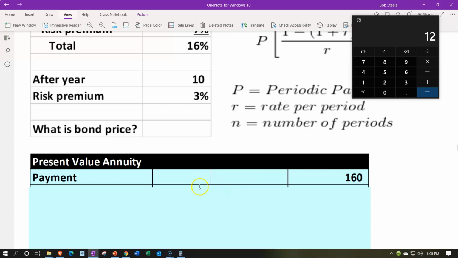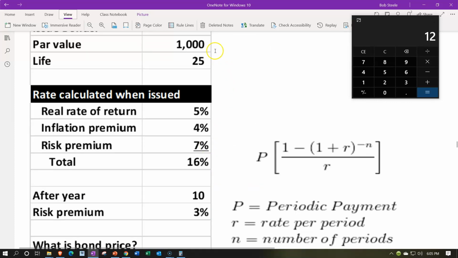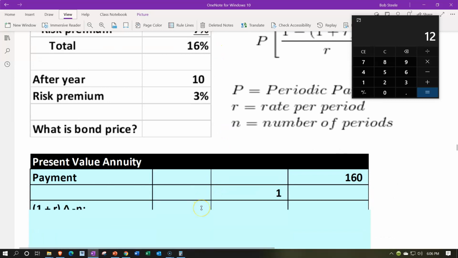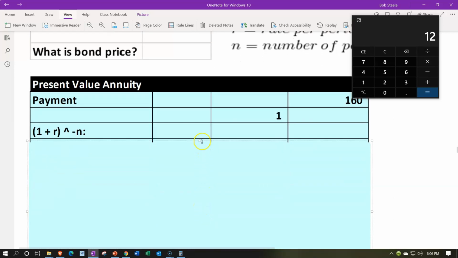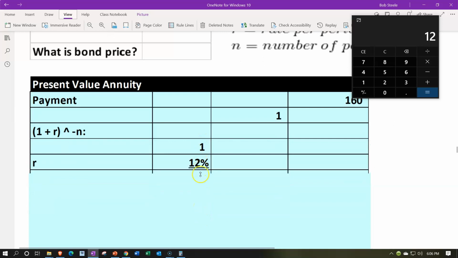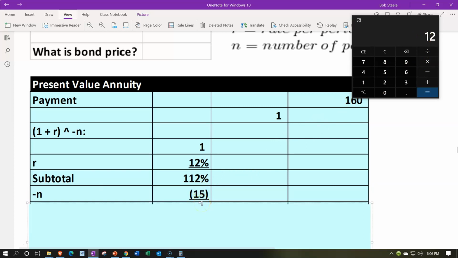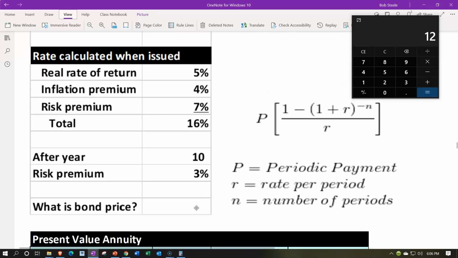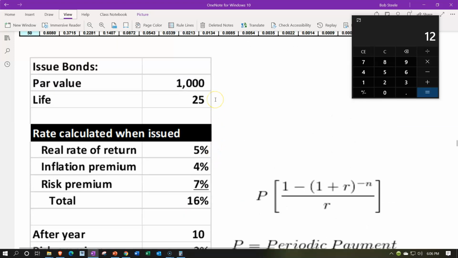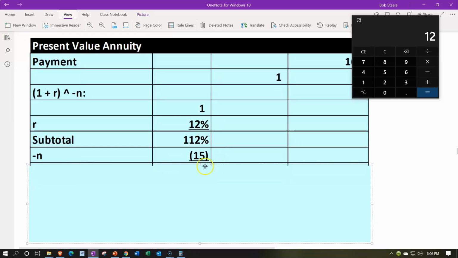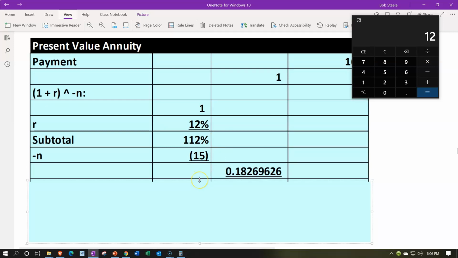So then if we plug that into our table, we got the 160, no change there. That's the 1,000 times the 16%, the bond rate amount. Then the numerator, 1 minus 1 plus R to the negative n, 1 plus R, rate 12%, just like we said up top, gives us the 112%. And then we take that to the negative n, because that's the number of periods. That was 25, but 10 years have passed. And 25 minus 10 means there are 15 periods remaining. So 112% to the power of negative 15 gives us